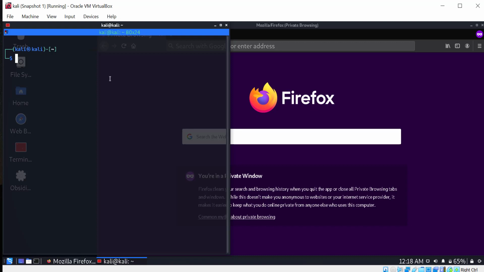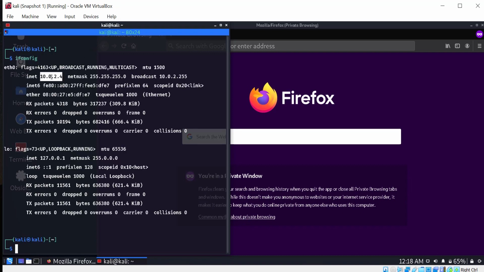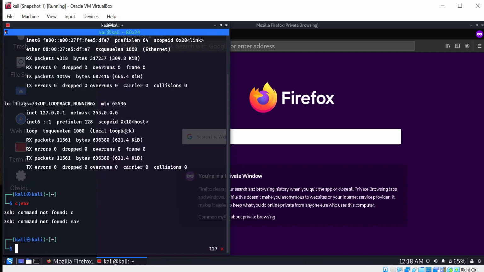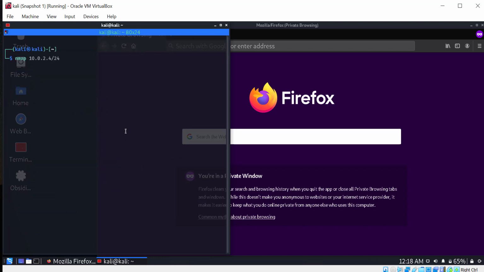So let's proceed now. First of all we'll run ifconfig. So this is our Kali IP. Now what we are supposed to do is, sorry for that, run an nmap on the /24 range, and it will scan everything.